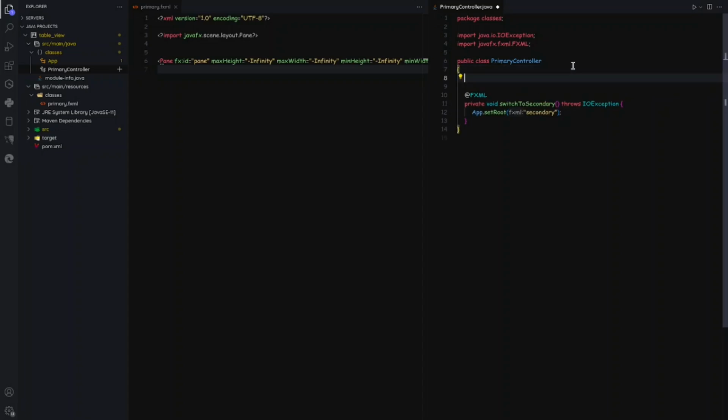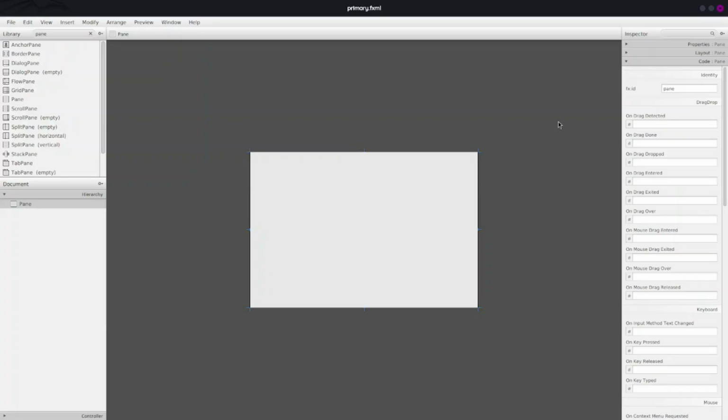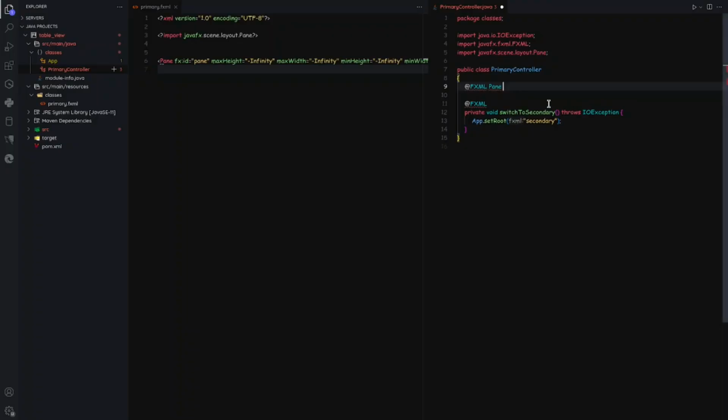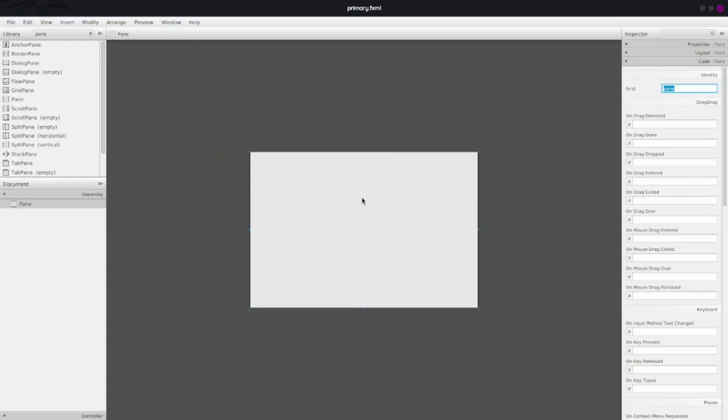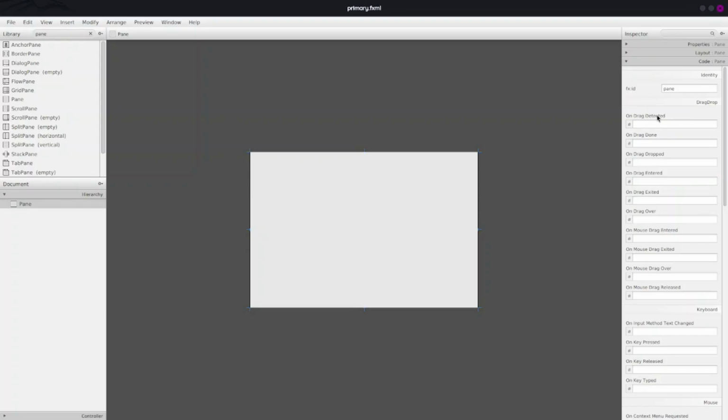So, for example, the fxml pane, the object is called pane, and that's all. If you want to manipulate the pane properties or add some information, you just need to create a method and call that method